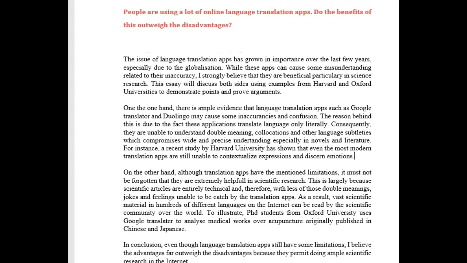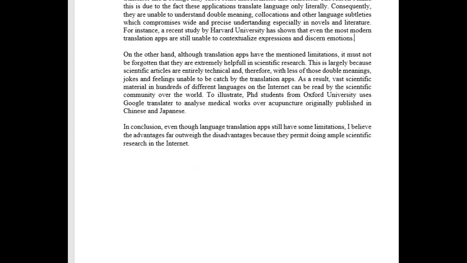All right, we're going to talk about a problem that I see here. When I finish the essay, there is a problem, but we'll get to it in a minute. On the other hand, although translation apps have the mentioned limitations, it must not be forgotten that they are extremely helpful. Careful with your typing, again, in scientific research. This is largely because scientific articles are entirely technical and therefore with less of those double meanings, jokes, and feelings unable to be caught. Careful with this by the translation apps. As a result, vast scientific material in hundreds of different languages on the internet can be read by the scientific community over the world. To illustrate, PhD students, there's usually a capital D here, from Oxford University use,